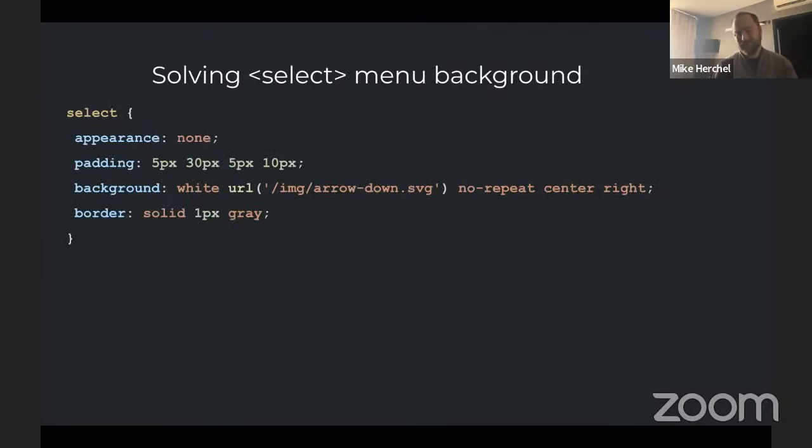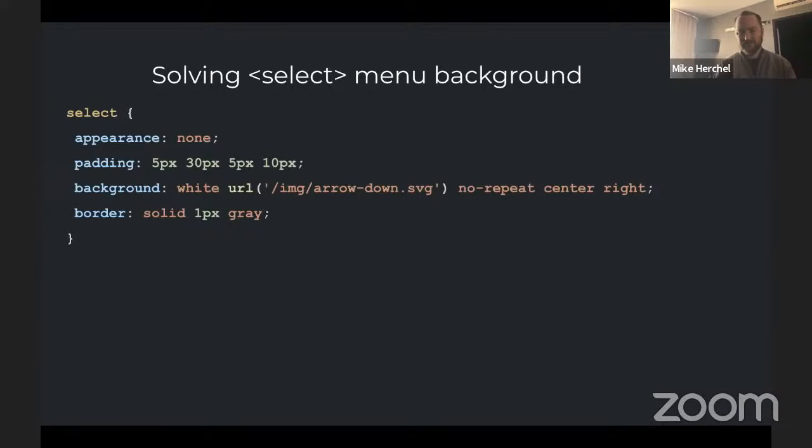Something that really tripped me up for a very long time is the select menu, the select dropdown. Everybody knows and uses these. You saw earlier that Google kind of rolled their own, which, if you're an accessibility person, which you are since you're watching this, rolling your own form elements is often pretty dangerous. A lot of people will kind of get around that by styling the select, which I do.